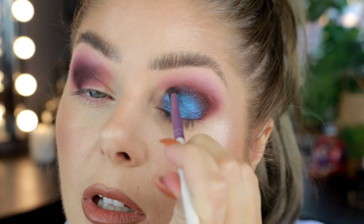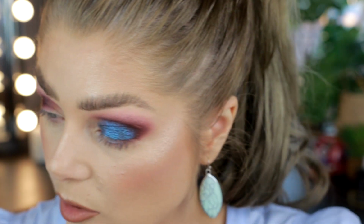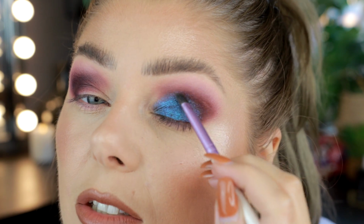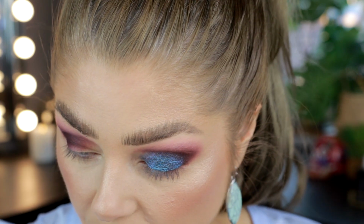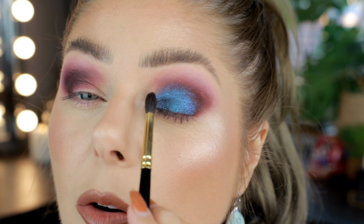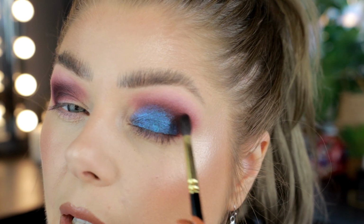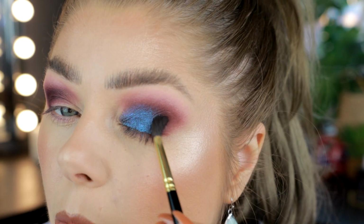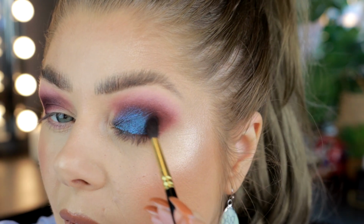So I'm pulling it in towards the inner part, and I'm gonna clean off my brush a bit like this, and I'm gently gonna just drag it a bit into the crease. I'm taking the brush that I used the dark with, and I don't mind if there's a little bit of shimmer particles in my crease. If you don't like that, maybe just doing a sharp edge would fit your makeup aesthetics a bit more,